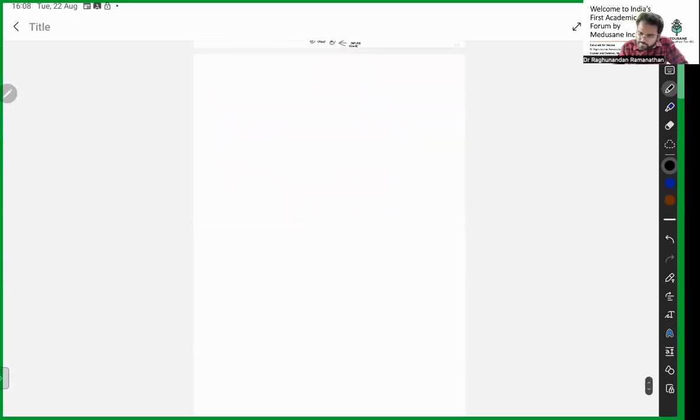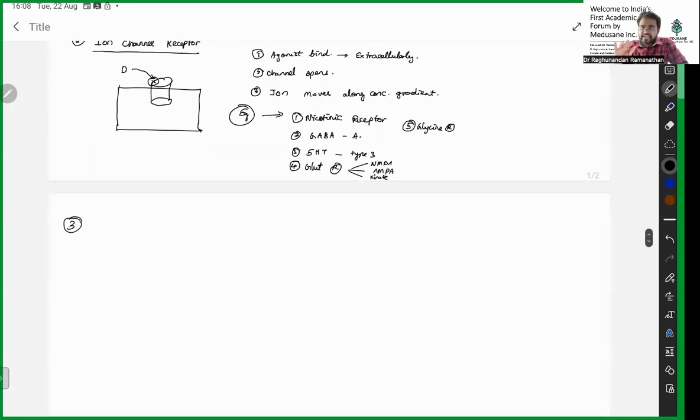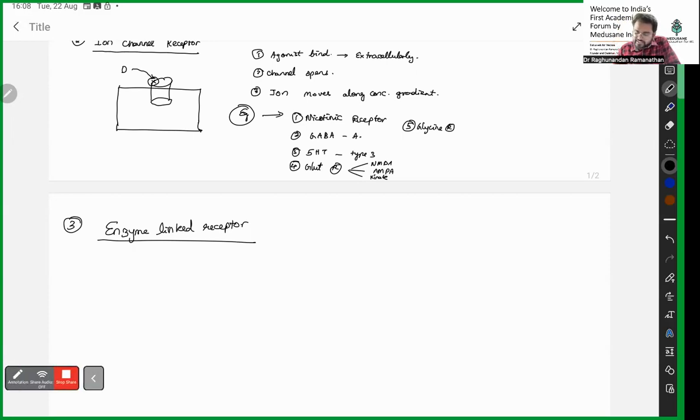Next time guys, we are going to move towards the next important topic, that is going to be the third receptor type. So second receptor type is not of that much importance, but the third receptor is very important. Okay, enzyme linked receptor. Okay, so all of you just put your pens down. I'll also put my pen down. Let's try to see what exactly happens. See here, enzyme linked receptor. So what we are telling? We are telling enzyme linked receptor.